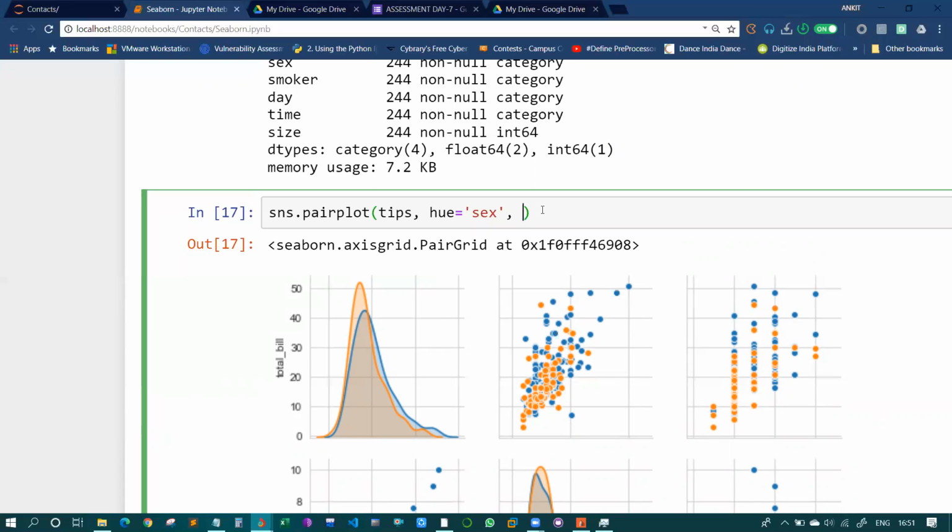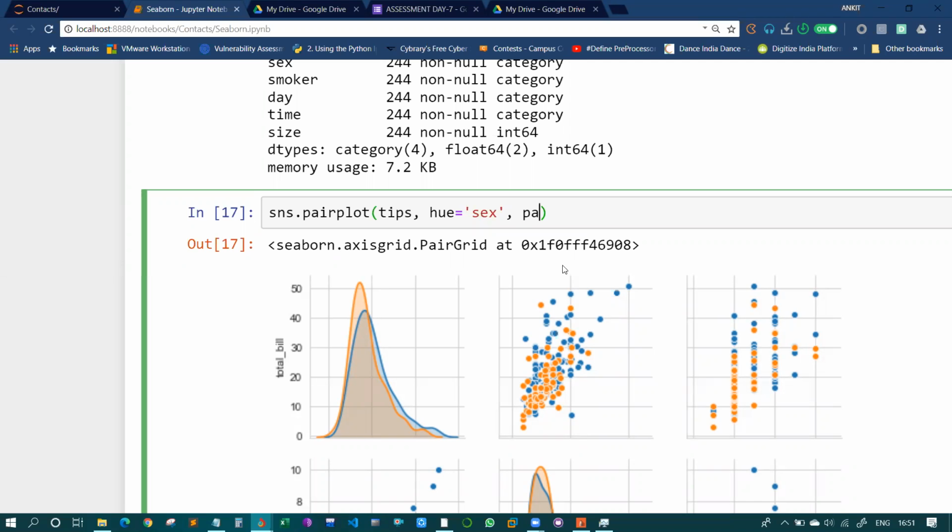Next thing that we will add is some color codes. Basically in Matplotlib we mention it using color. But using color you can just mention one color, and here you can see there are multiple colors. So color won't work over here. We need to mention a palette. A palette may contain several different colors, a set of colors.